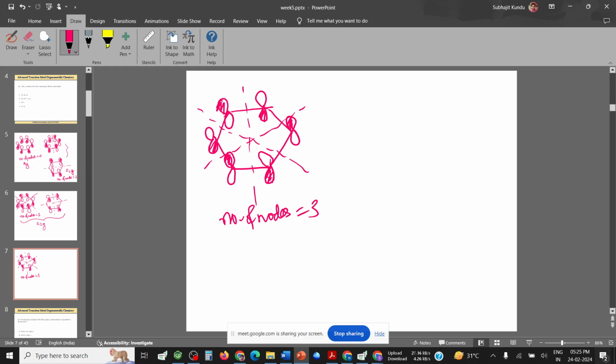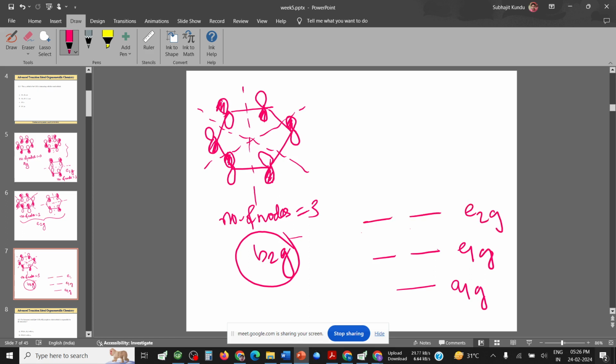So now we are calling this B2G. So here are the 5 orbitals, where our A1G is, sorry. Then we draw these orbitals according to the energy level. So our A1G is like this, A1G. Then we have two degenerate E1G. Then we have another two degenerate E2G. Then we have the non-degenerate B2G. So this is the energy